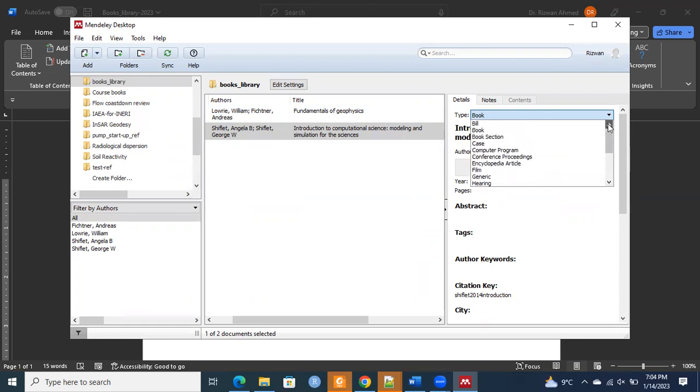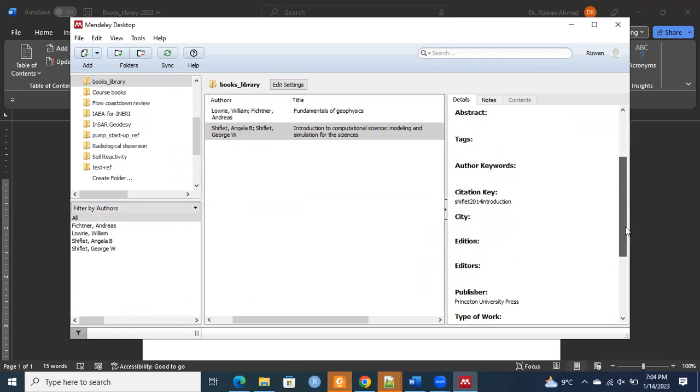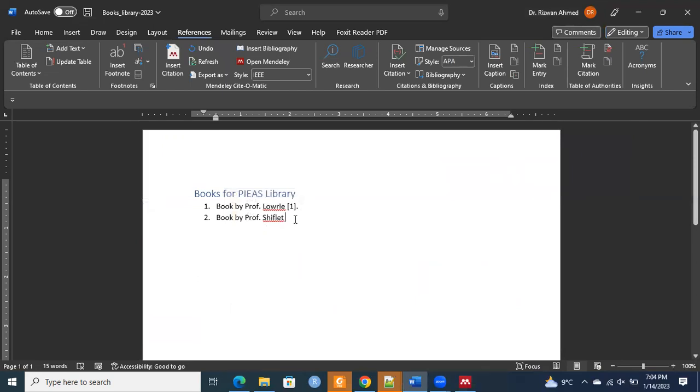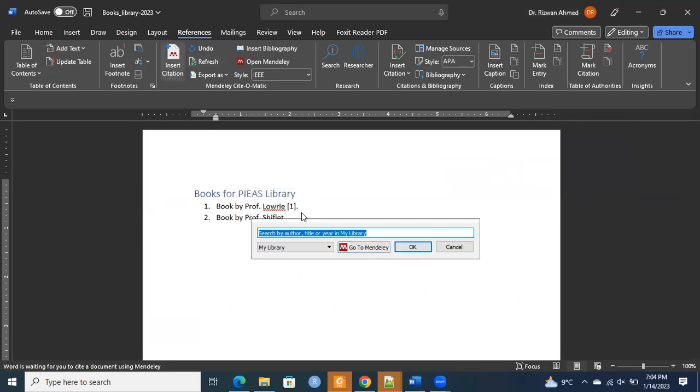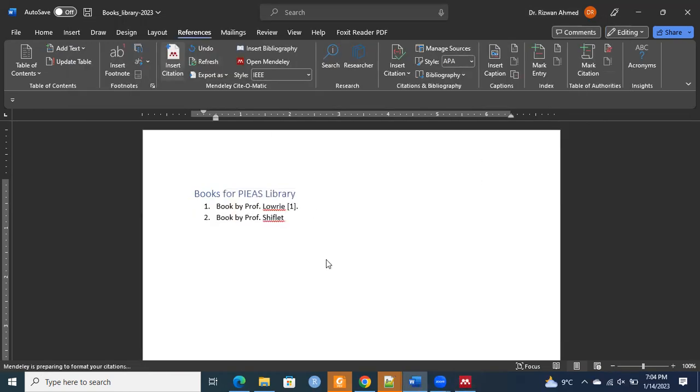So Mendeley is a very nice tool to get the referencing done. However, in the case of books, sometimes it does not pick up all the relevant information, which has to be added manually. So, introduction to computational science. And now I pick this citation and go to the citation and it will be picked. And finally, to generate the reference library,